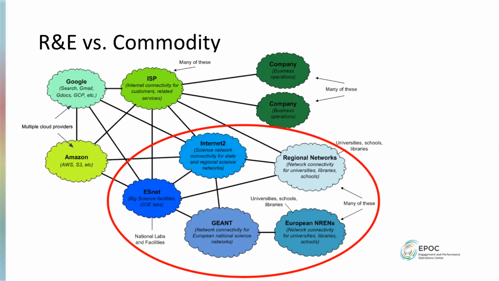The state networks are designed and built to interconnect the state's universities, in many cases K-12, libraries, all kinds of other things. But they're built for those reasons. Internet2 is built to provide services between and among the university networks and interconnect them to other networks like ESnet and other similar networks across the world. So these networks are all connected directly to each other, or connected to each other by means of exchange points directly. And the mechanism for exchanging reachability information is what we're talking about today,